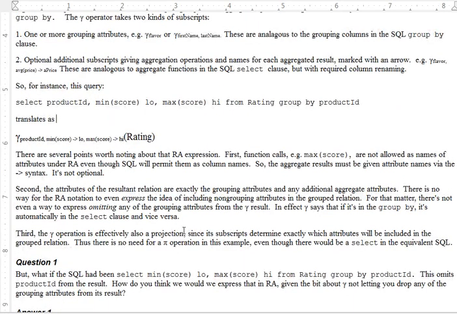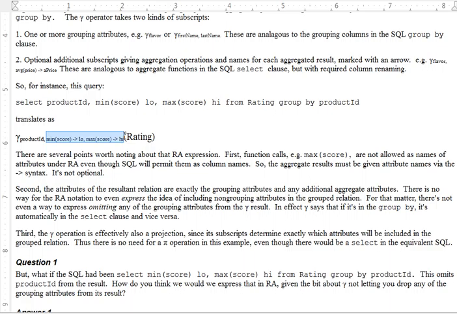And second, the attributes of the resultant relation are exactly the grouping attributes and any additional aggregate attributes. There is no way for the RA notation to even express the idea of including non-grouping attributes in the grouped relation. For that matter, there's not even a way to express omitting any of the grouping attributes from the gamma result. In effect, gamma says that if it's in the group by, it's automatically in the select clause and